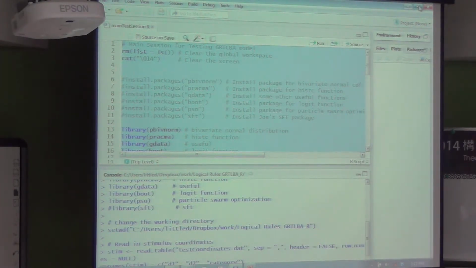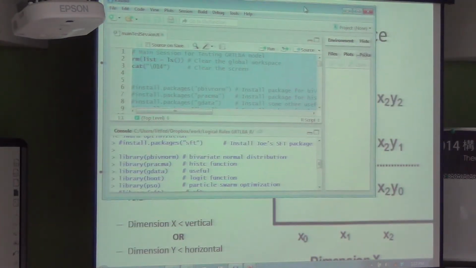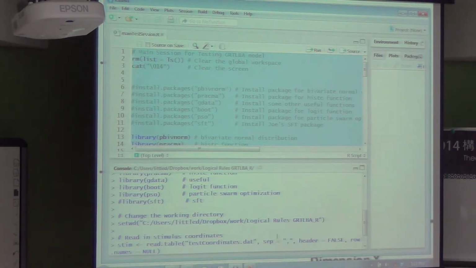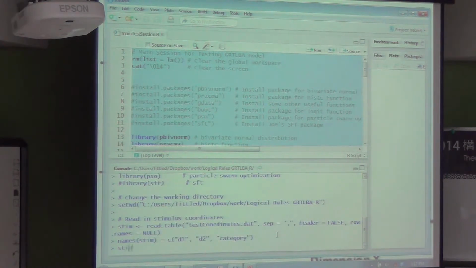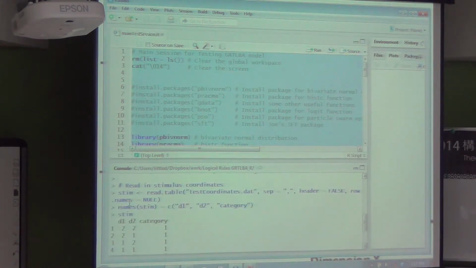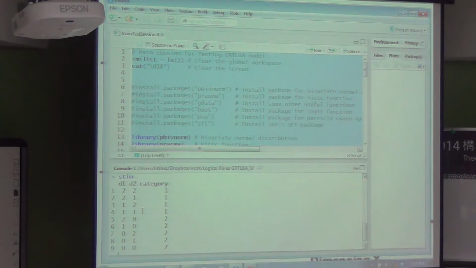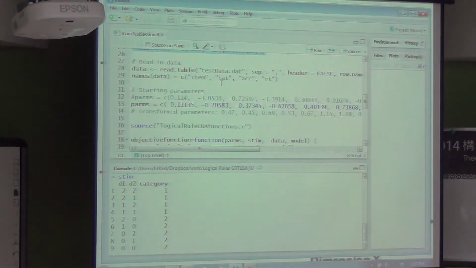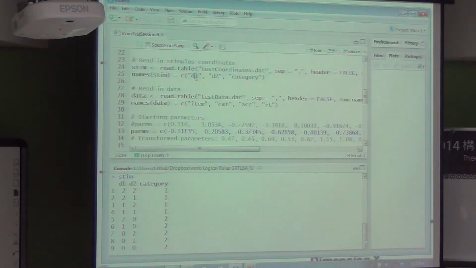If I type the stim variable, I get this matrix with the names of the columns as I've identified them here: dimension 1, dimension 2, and category.